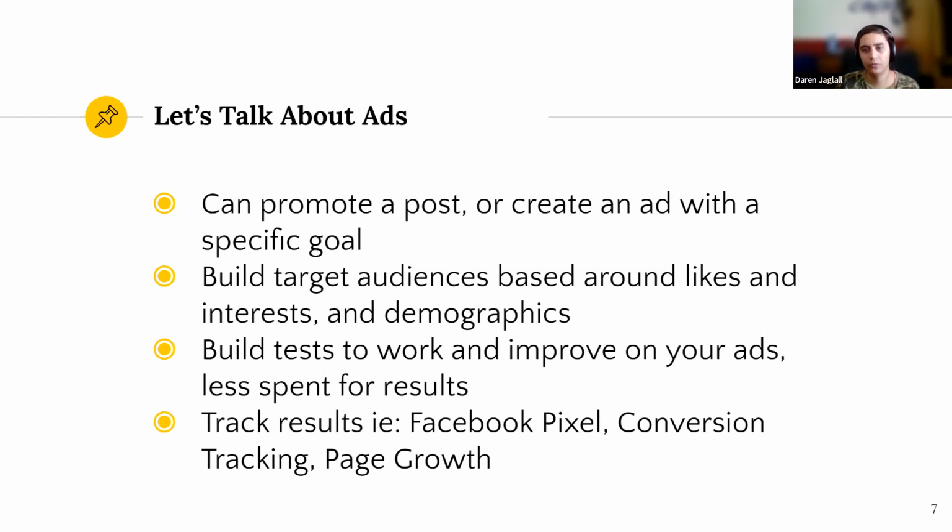So what you can do with the ad system as well is you can build a target audience based around likes, interests, and demographics. So you're not going to want to advertise to customers outside of your target audience because that could be a little bit of a waste of money. If you're paying to advertise to someone who's not going to want to buy your product, then that's not a very good use of your time in the ad itself. So what Facebook